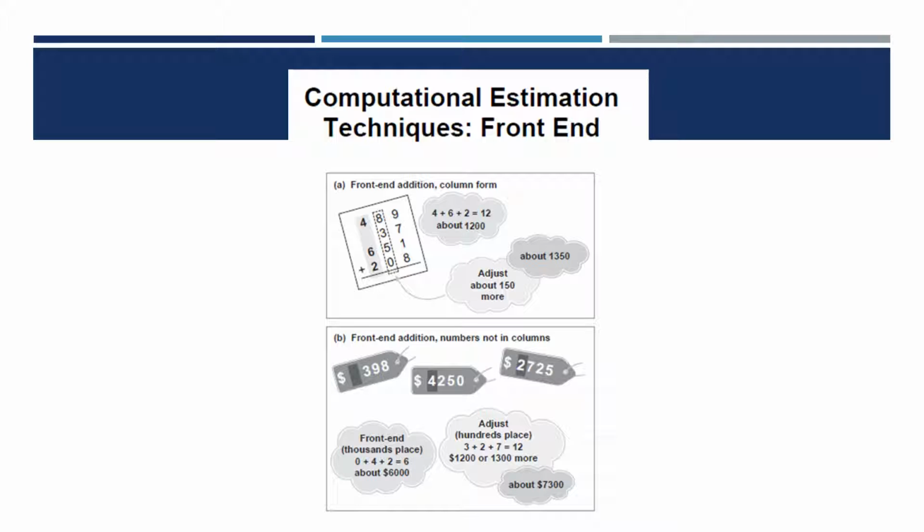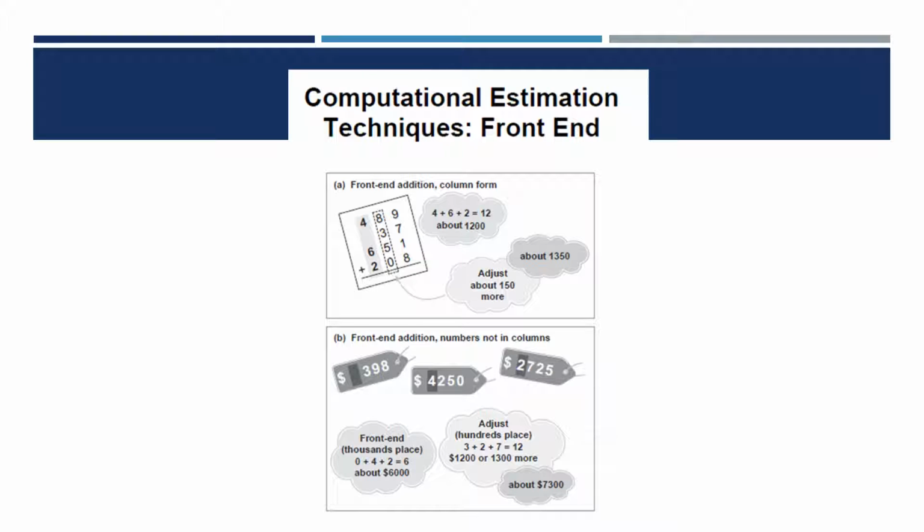So provide students problems like B, where they're price tags, and we say, about how much money would these 3 items cost? Well, if I do front end, in the first one I don't have anything in my thousands place, so that's 0. 4 and 2 is 6, so I know it's at least going to be 6,000. Let me see if I need to make any adjustments for my hundreds place. Well, I know that 7 and 3 is 10, plus 2 more is 12, so that would be about $1,200